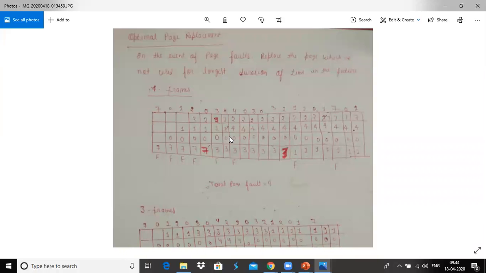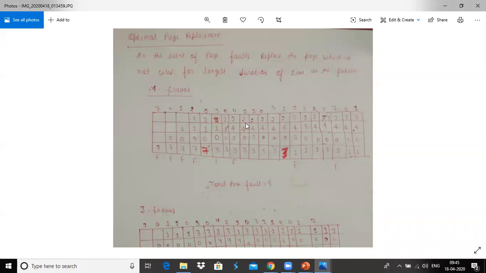तो अब क्या किया? 4 के बाद सारे पेजेस को देखी. 2 पहले ही आ गया है, इसके बाद 3 आया है, इसके बाद 0 आया है, सबसे लास्ट में कौन सा आ रहा है? 1. तो कौन सा रिप्लेस होगा? 1 वाला. 1 वाले को किससे रिप्लेस करते हैं? 4 से. तो एक पेज फॉल्ट अगर होगा किसके लिए? 4 के लिए.